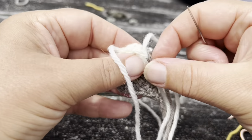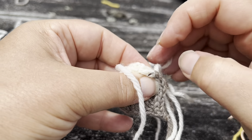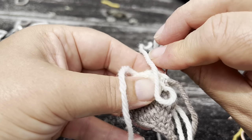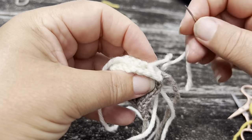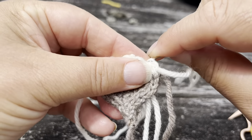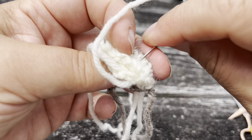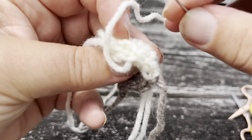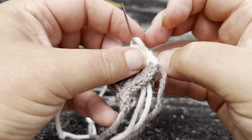Now, if we now whip through this point here, where the two colours meet, and secure that with a little extra stitch. Right there, and now we're just going to seam up across the top. Again, I really like this white yarn, it's so unbelievably soft. Now I'm just trying to pick up the outside of each of these stitches, but it doesn't really make a big difference overall. You don't need to do this, I'm just doing it because I have lost track of exactly